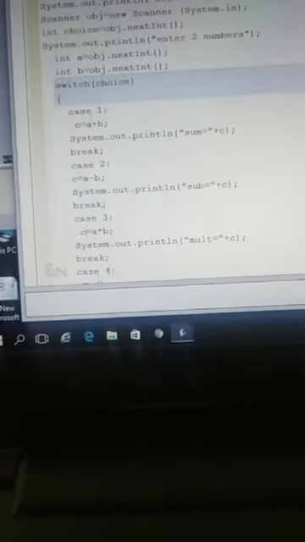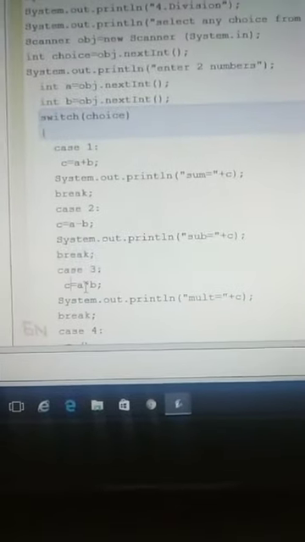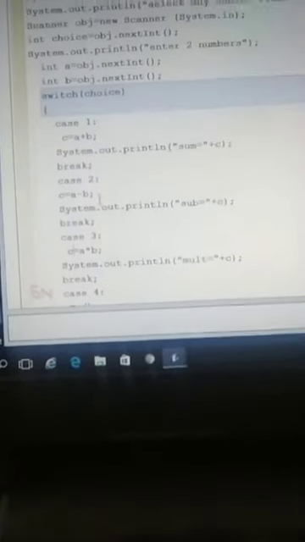Break means it will exit from the switch. After doing that particular choice, it will exit from the switch case. If the user inputs 1 in place of choice, it is addition, so it will switch over to case 1.